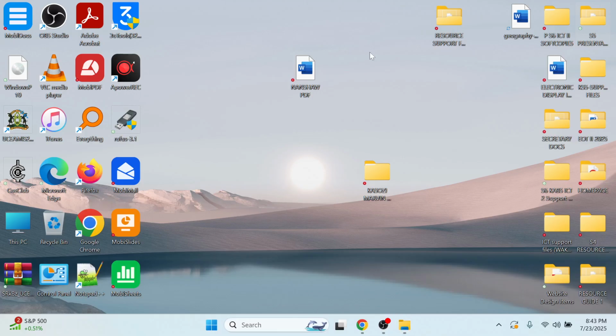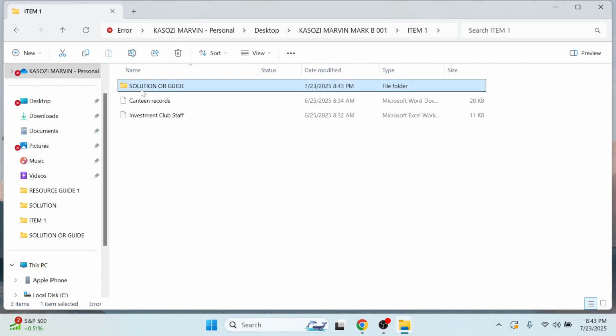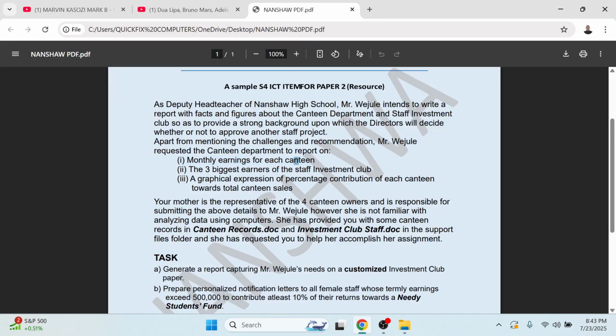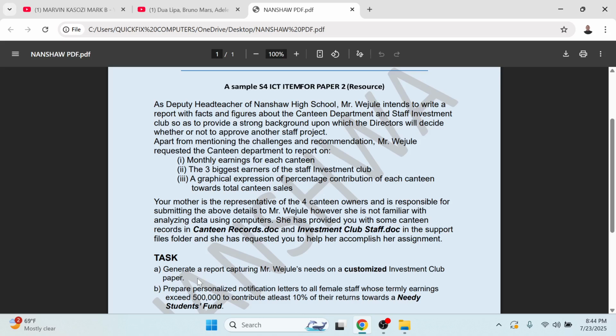So far, I've used a spreadsheet and Word in my work, and this is where I stand. So I've done the report Mr. Wejule is going to submit. So I've done the entire thing from the top to here, I think even up to here. And I'm remaining with generate a report capturing Mr. Wejule's needs as a customized investment club paper. Anyway, that is okay. I've done a report that could even have his needs